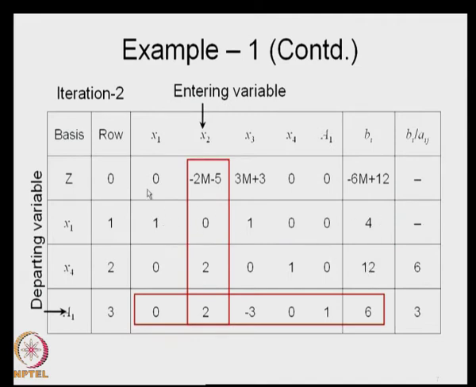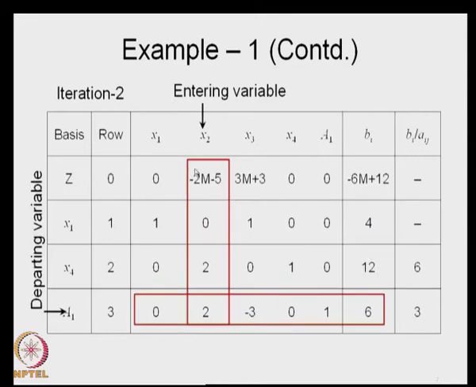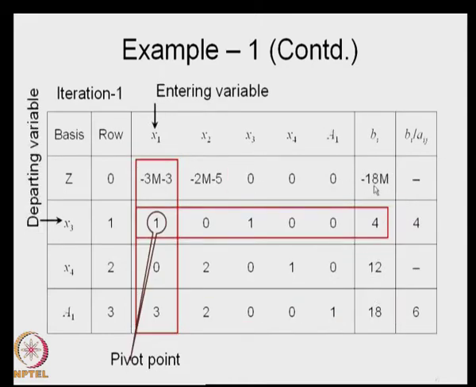Then all other elements you transform using our expression. The new number is equal to old number minus the element in the pivotal row corresponding to the element E, element in the pivotal column corresponding to the element E, and divided by the pivot itself. So, that is what you do to transform everything. Let us say that this number we want to transform. So, minus 18 m, if you want to transform, how will this get transformed? Minus 18 m